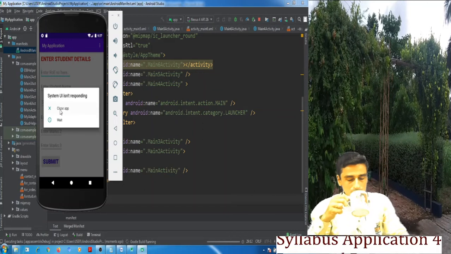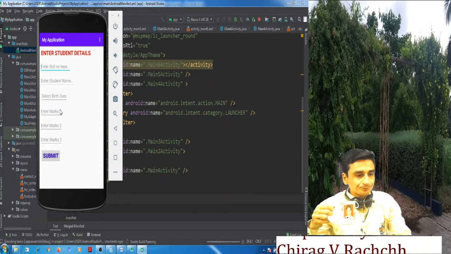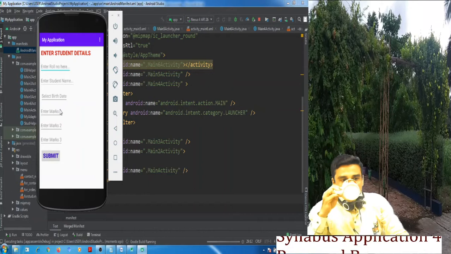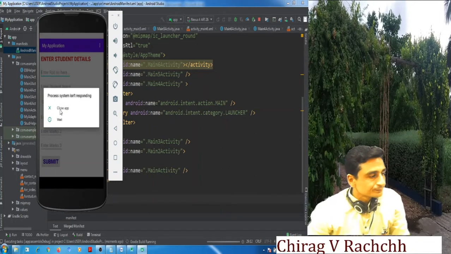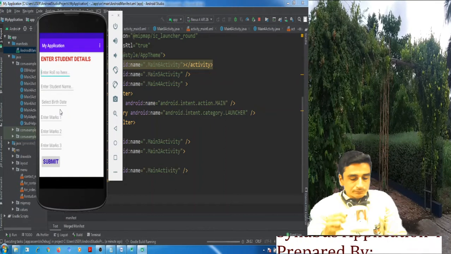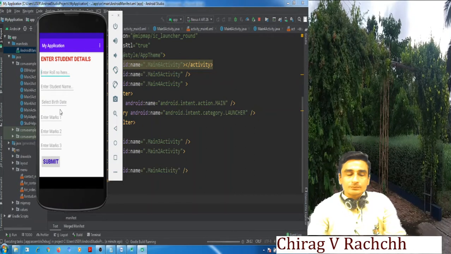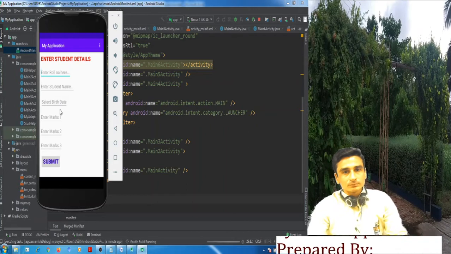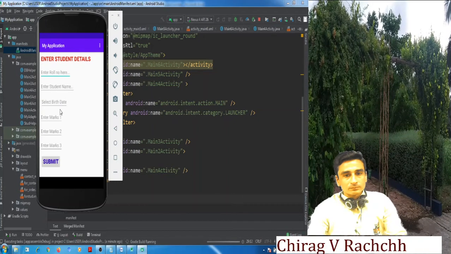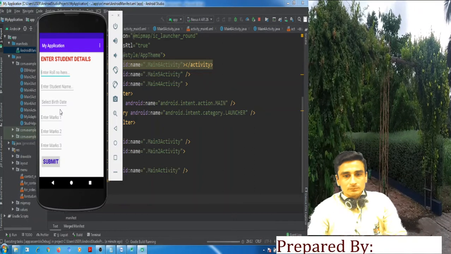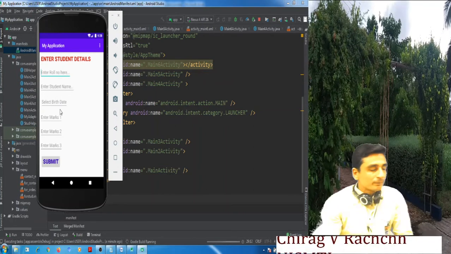Gradle is being built. Gradle is on the way of building.